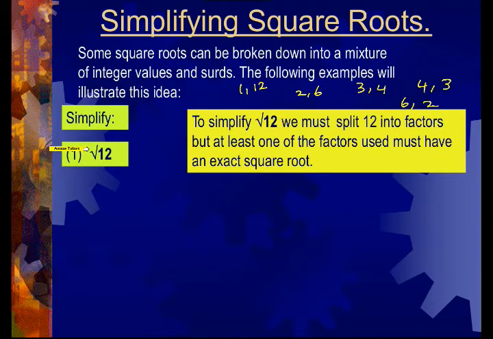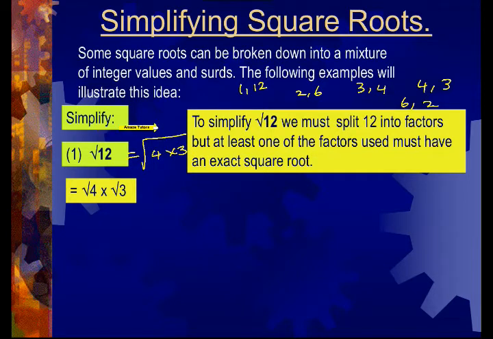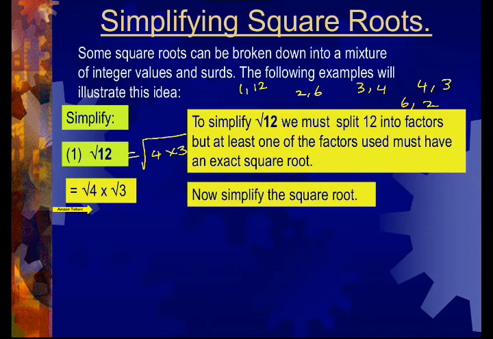Now we can rewrite this as 3 times 4 inside the surd. And according to the property, we can split it. So this is equal to 4 times 3. And we know that according to the surd property, whenever it is a product, you can split the radicals. That is why this becomes square root of 4 times square root of 3. Now it is an exact square root, which is equal to 2. Square root of 4 is equal to 2. So the answer is going to be 2 root 3. That's all. This is the simplified answer.